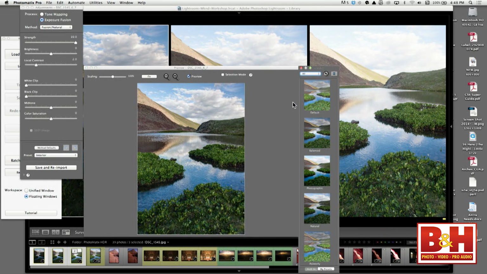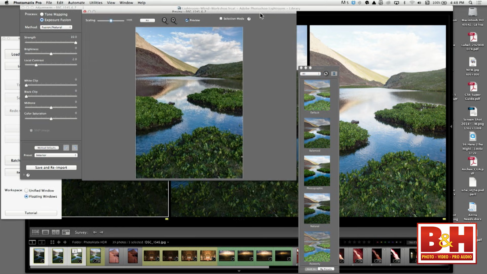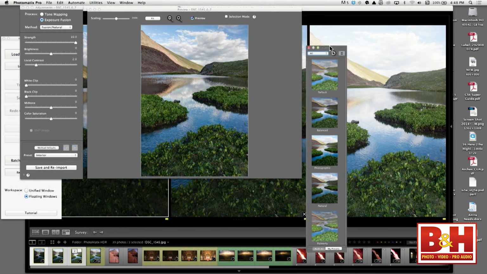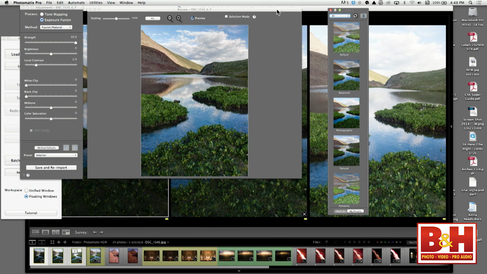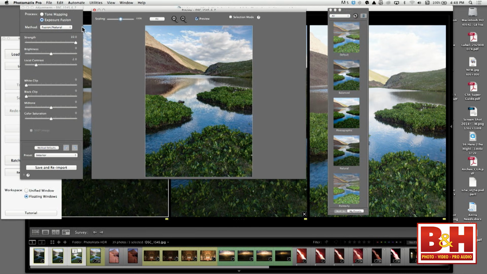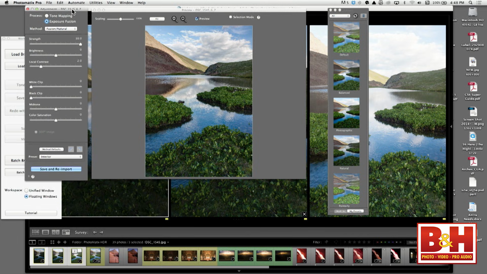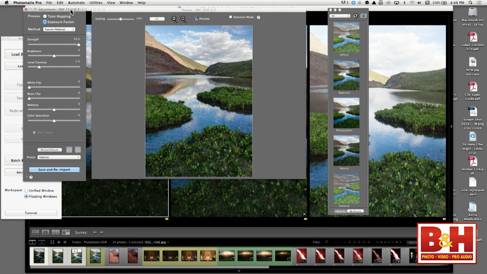All right, now, this is our work environment for Photomatix. Here we have a thumbnail strip. Here we have our image window. And here we have the ability to make adjustments. Now, this thumbnail strip can be,